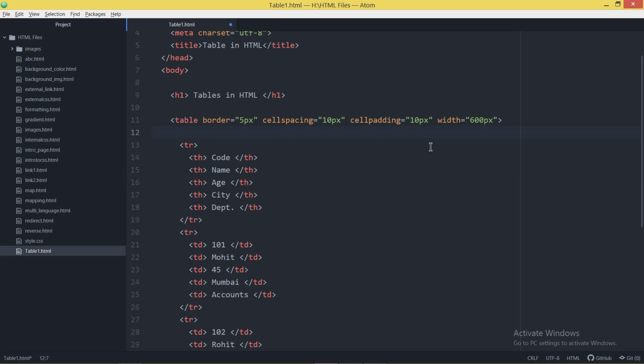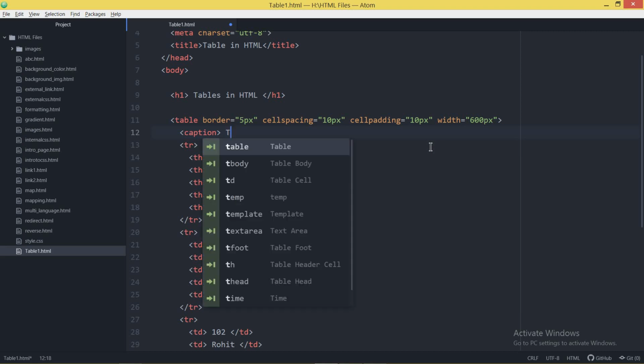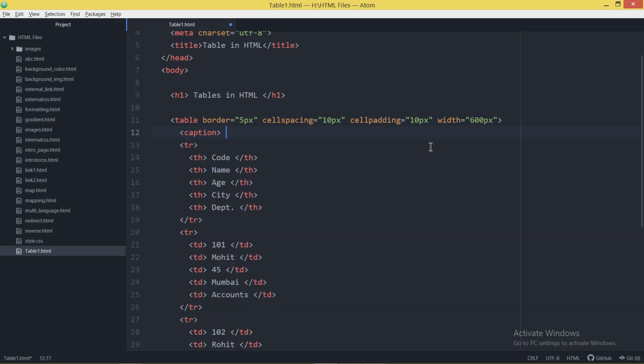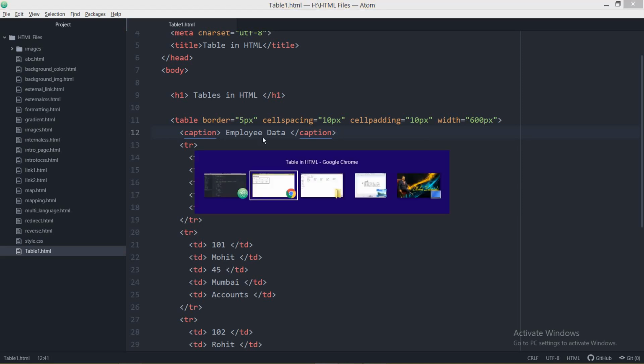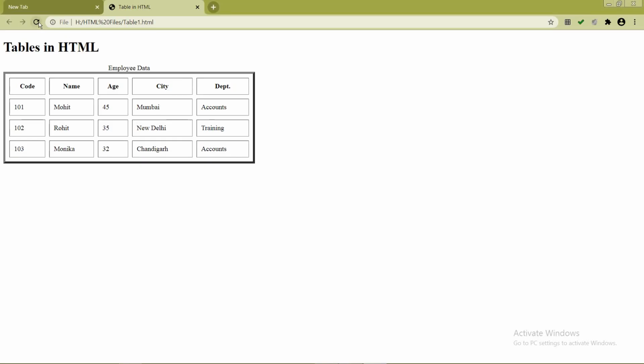I just mention the caption tag over here, and let it be, say, employee data. This is the text which I want to show as a caption, and close the caption tag over here. Now if I refresh the web page, you can see a caption will appear over here.